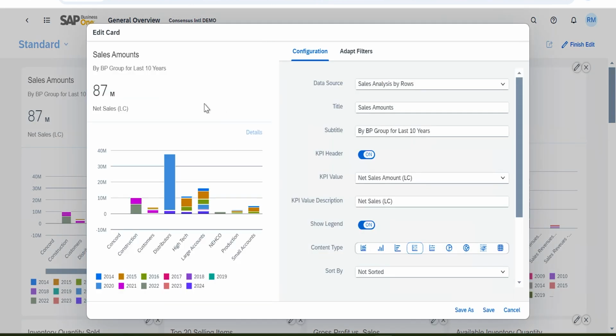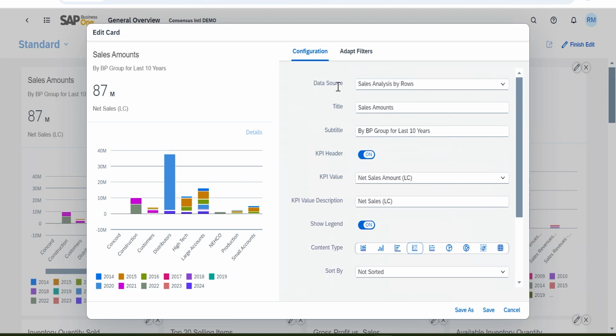we can modify it. Now, if you see, this is very similar to the cards in a normal list view, with one big difference. We have 2 tabs here to the right. To the left, we see the presentation of the chart or graph, depending on what type of construct you're doing. But in this case, it's a chart. So you can see here that you have the same preview on the left, but on the right, things change